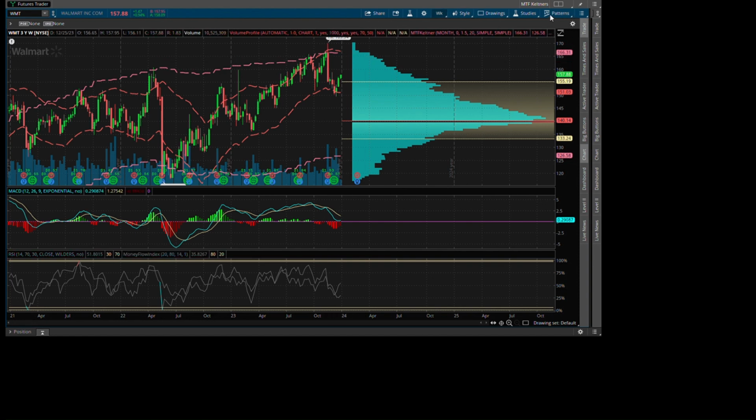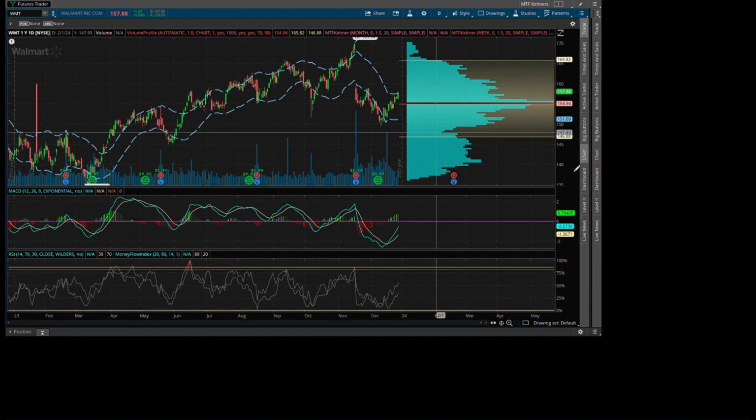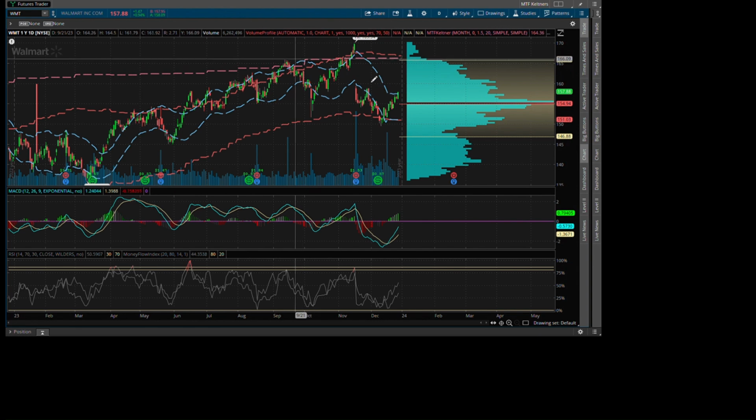So if we go even a little bit further, we can see that on the 15th, here we are, and we have the confluence of the monthly in pink, the weekly in red, and the daily in blue. So all these levels are kind of meeting at the same point, and the trades came in as price was